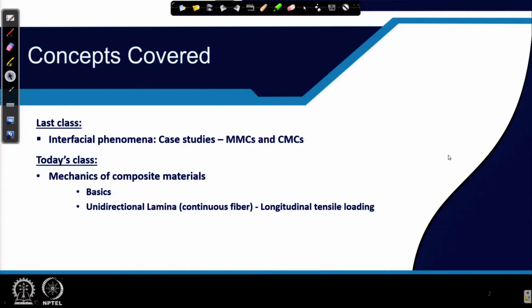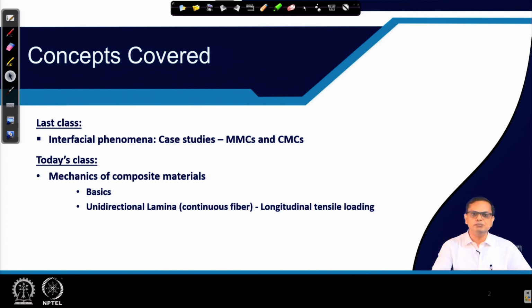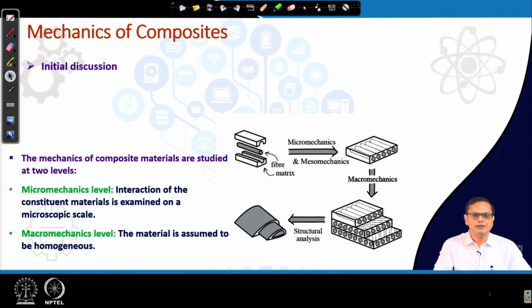We will try to understand the mechanics of composite materials. So, in today's class I will talk about the basics of mechanics, and then we will start talking about unidirectional lamina. I will explain all these terms as we move along. So, now what we are actually trying to do,